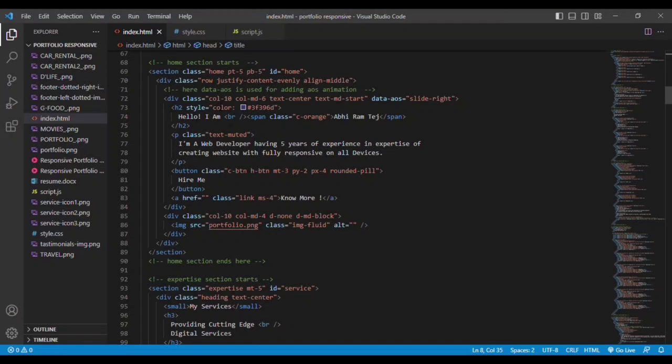Then we have the div section and h2. This is the main heading, that is Hello, I am Abhiram Tej. We have separated them using br. br means break tag. It will cut the line, that is first we'll get Hello I am, then below we will get Abhiram Tej. Then we have a paragraph, p means paragraph tag, which says I am a